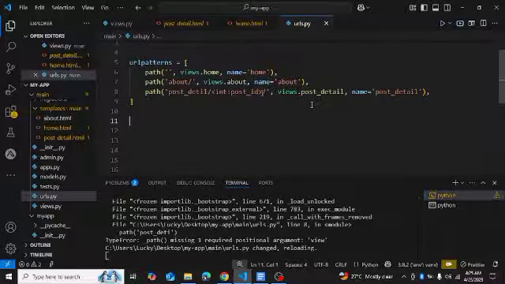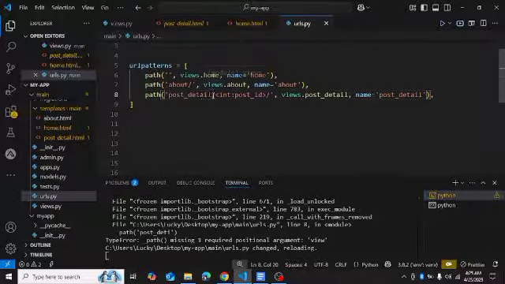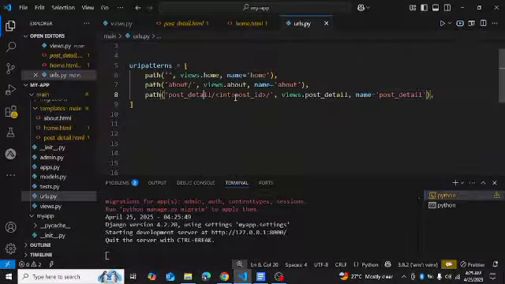So the page name should be post_detail, and forward slash we pass in the identifier, which is